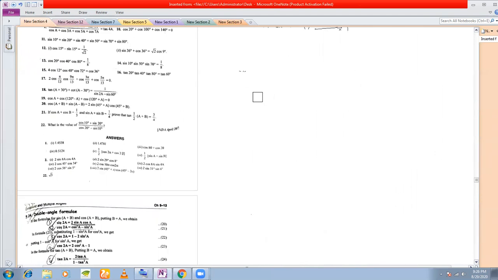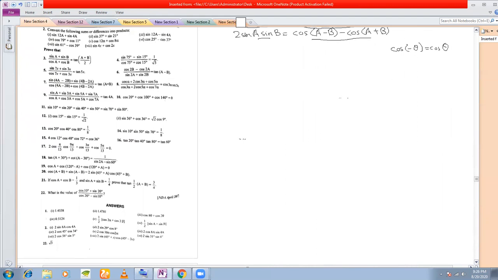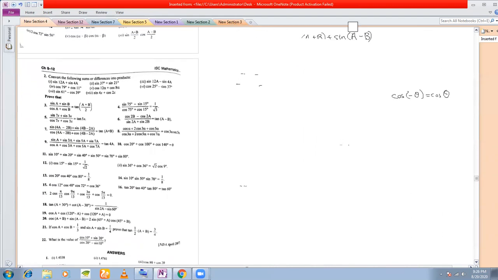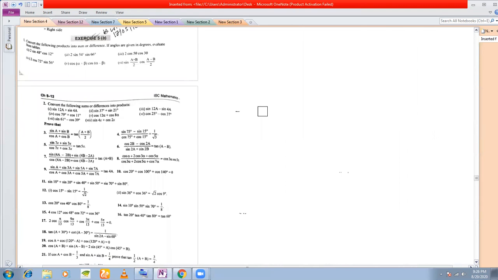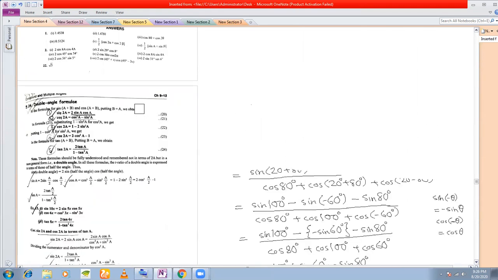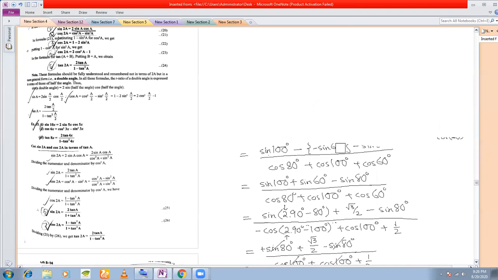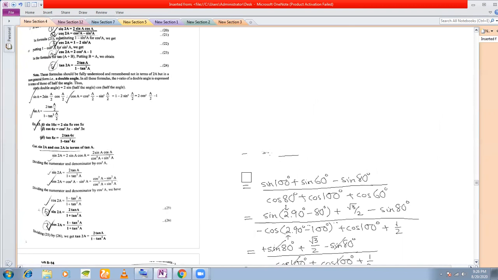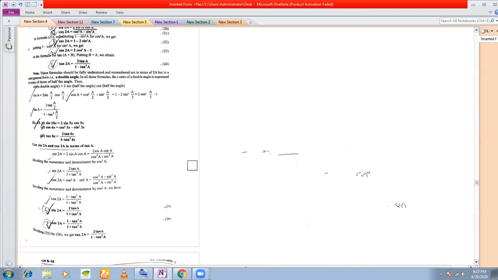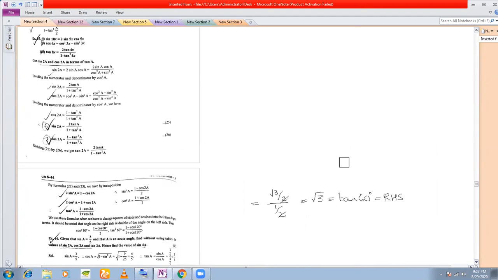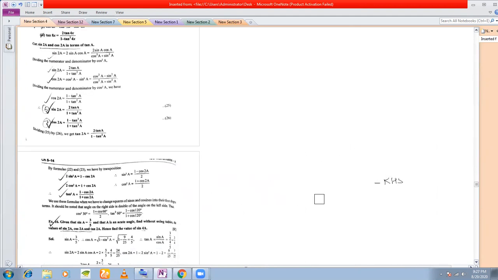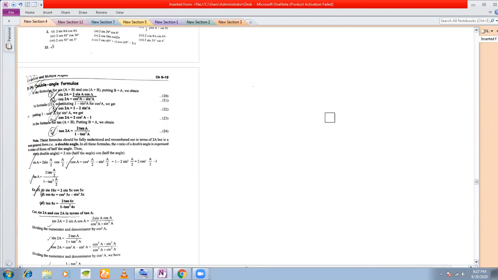Trigonometry is very, very important because you are going to need this in your class 12. Let me tell you, all these are going to come back. Trigonometry is easy, but you have to learn the formulas, and all these formulas are going to come back in class 12. Not that class 11 and class 12 are separate. In trigonometry, you will be applying the formulas in class 12 also